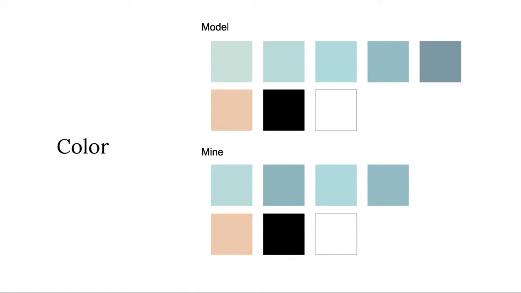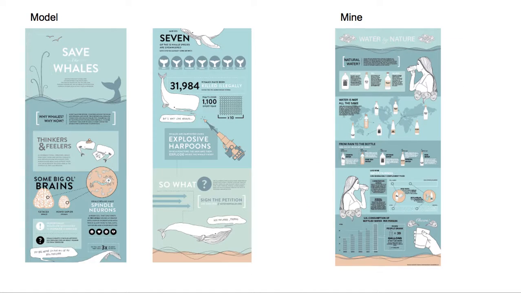So to emulate color, I almost used all the colors I had available to me, with exception of this dark blue. This color scheme is a complementary color scheme with these kind of lighter blues and this orangey kind of peach color. And then I think this color scheme has a very fun and inviting tone to it. So looking at how I emulated my color,